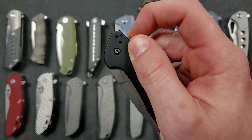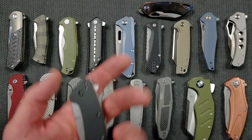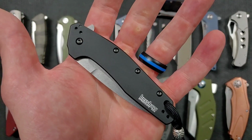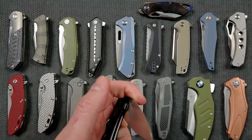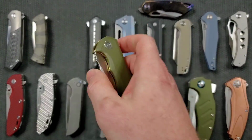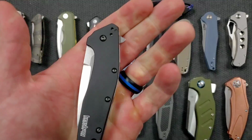I'm basically just pushing down the flipper tab until the spring takes over, and that takes some of the satisfaction out of it for me, and I feel like it does for a lot of other people, which is why assisted flippers, I mean assisted knives in general, a lot of people aren't really into them. They get into a lot of the higher end manual stuff, or even nowadays the manual budget stuff that's really, really good, right? But I think that's part of the reason why people just don't really like the assisted feature on a flipper